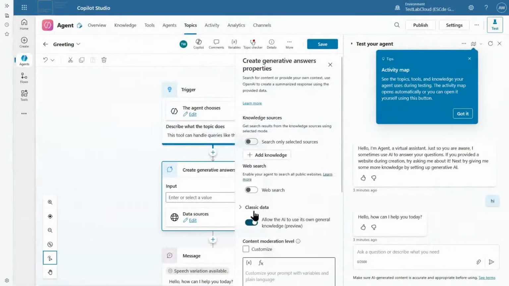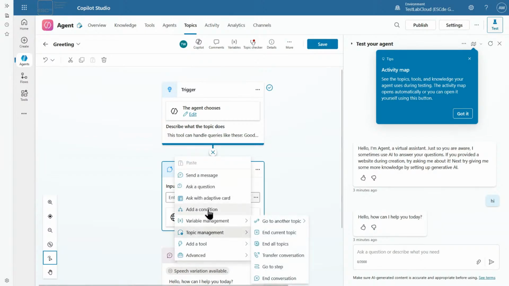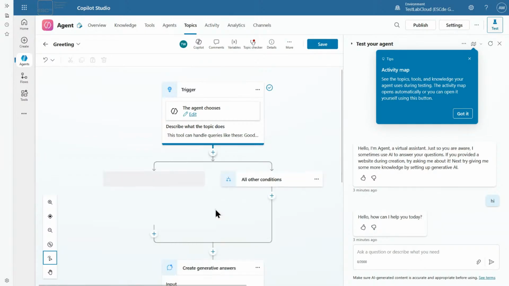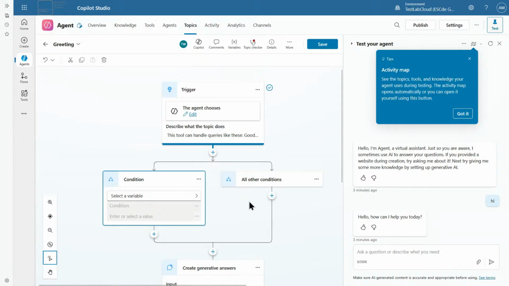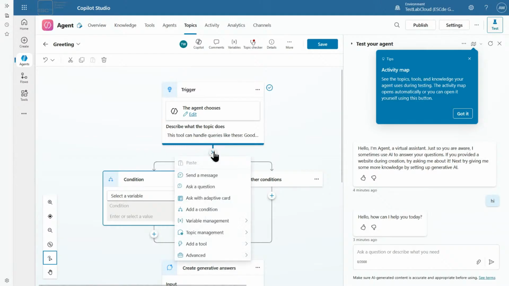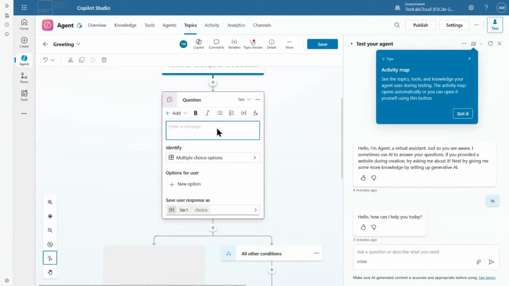So you can just define the information here and just work on this one. Of course, you can create here whatever you want, not only an answer. What you can do here is add a condition. So for example, if you want to run a condition and create more tasks here, that will be something like, okay, if this is true, then all others do another way, or also ask a question, for example, if you like, and then provide multiple